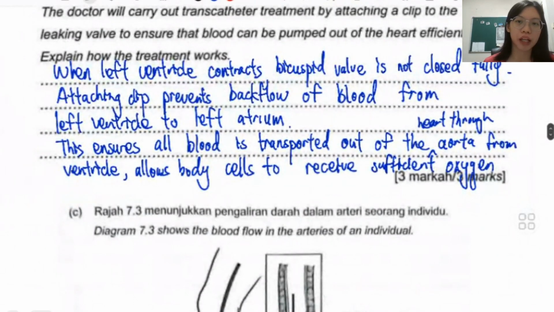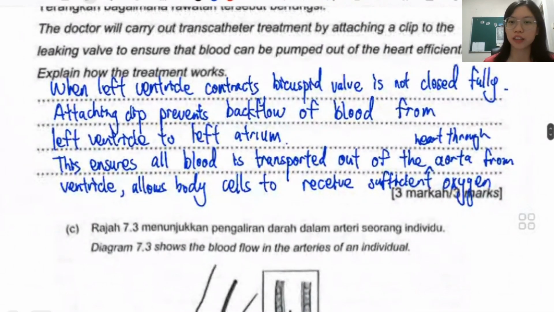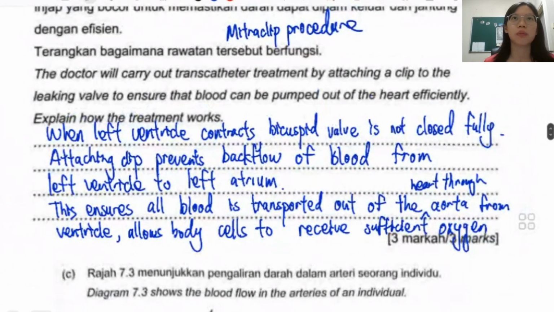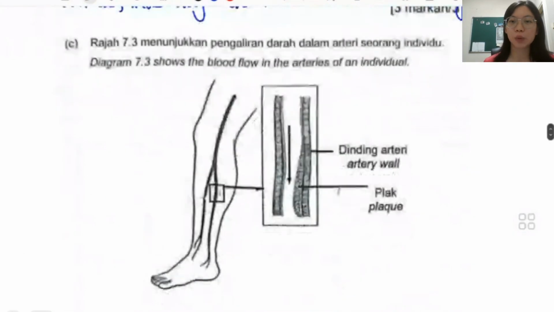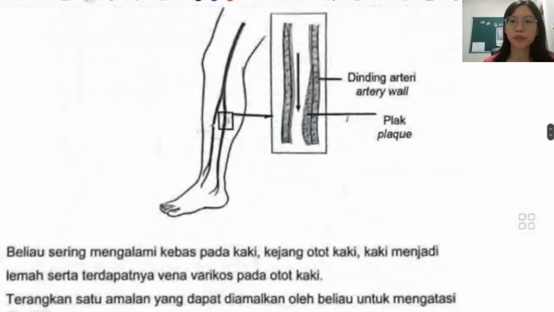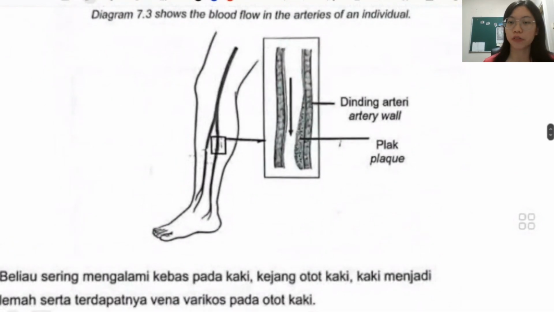This one is very tricky, so you try your best to answer it. How are you going to answer it normally? You think of what is the function of the valve. Now the valve is leaking, so they try to fix the problem. If you fix the problem, you can prevent the backflow of blood. Okay, so the next one shows the blood flow in arteries of an